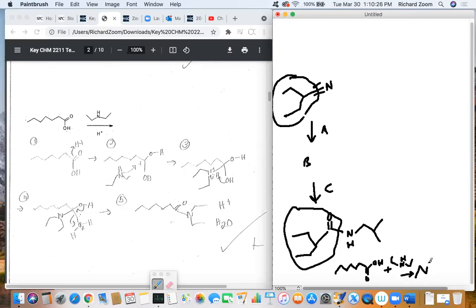And the product, obviously, if you didn't know what the product was, you'd be in a bit of trouble, but let's assume you've got the product. So this is a similar functional group to the one we have. And we know how this product came together. So what we can do is we can say, well, what would have formed that? And what would have formed it would have been